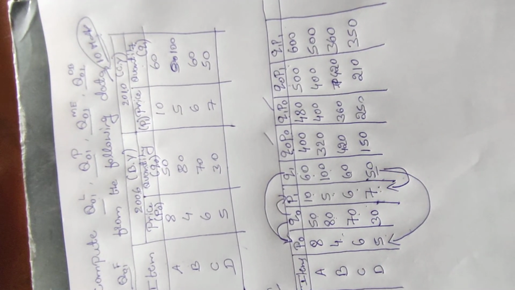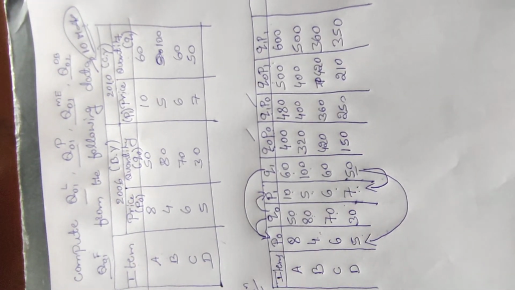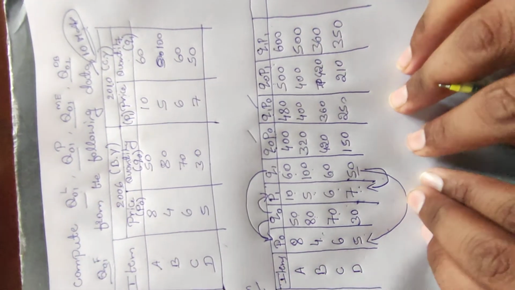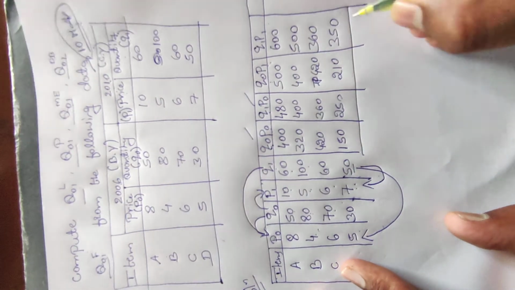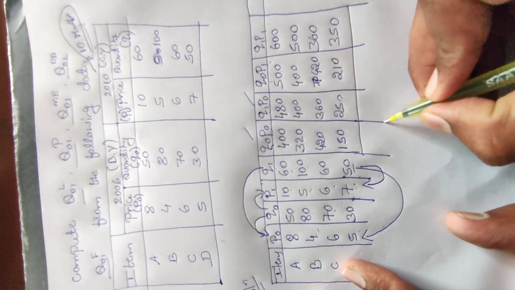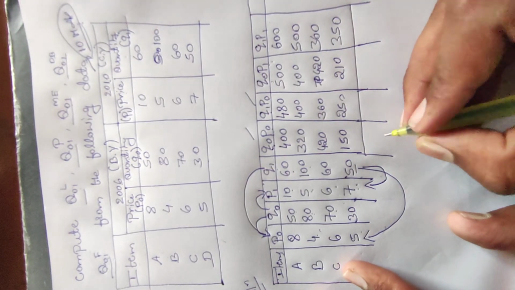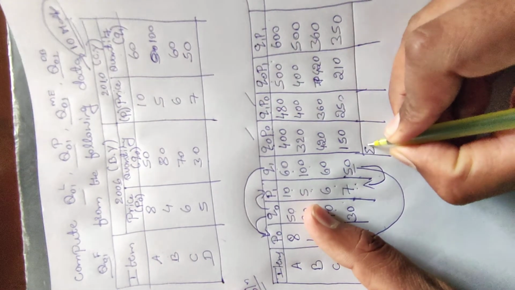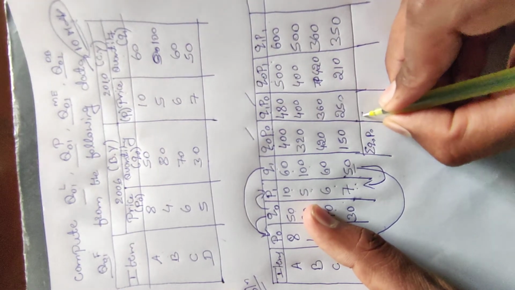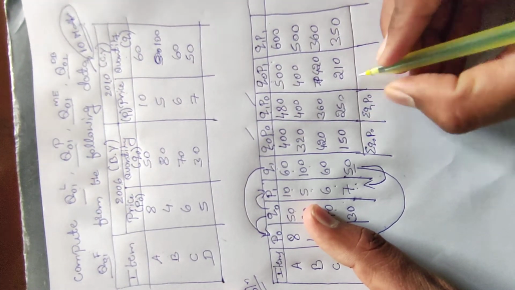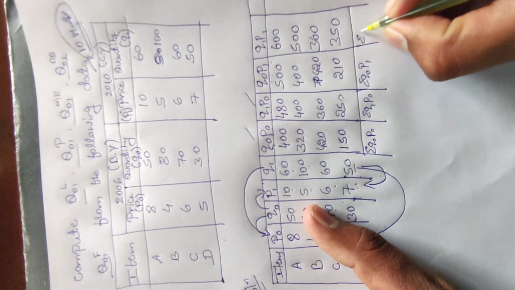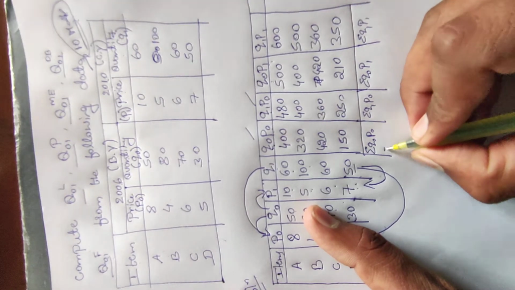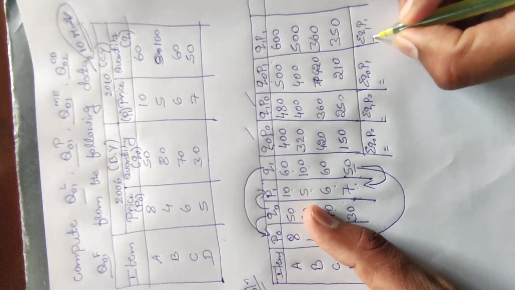So this is the way of conversion of table. First we should calculate the required information. So next we should make a total. We have to make a total of these last four pieces of information: summation of Q0 P0, summation of Q1 P0, summation of Q0 P1, summation of Q1 P1. These are the values we should total.